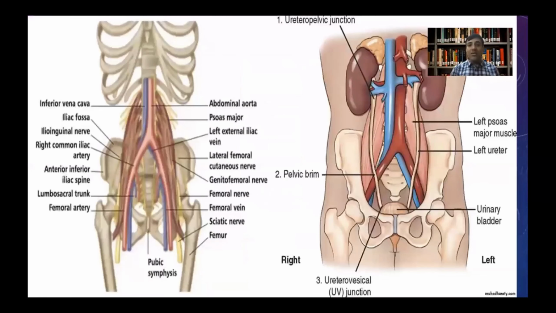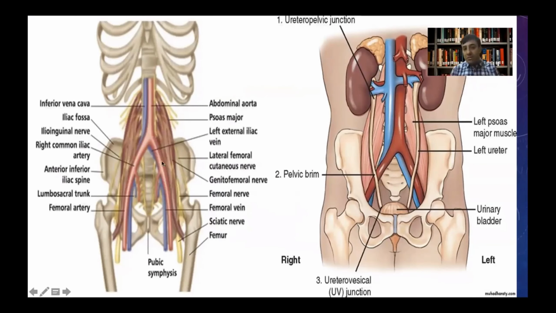Now coming to the great vessels, we all know the aorta and the inferior vena cava. The aorta bifurcates into the iliac vessels at the lower border of the L4 level. You have to see on the MRI whether it is bifurcating at a higher or a lower level, so that you can decide your trajectories, that is, what approach has to be used. Once the aorta bifurcates into the iliac vessels, you can see the space between the psoas muscle and the aorta is significant here.